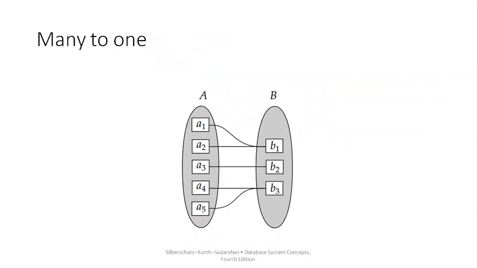Many-to-one. Now here you can see many belongs to entity set A and one belongs to entity set B. So from entity set A, many entities are associated with only one entity in B. Here you can see that many is here because A1 is there and A2 is there. There are two entities which are associated with only one entity in entity set B. That's why it is called many-to-one. I hope you understood this.